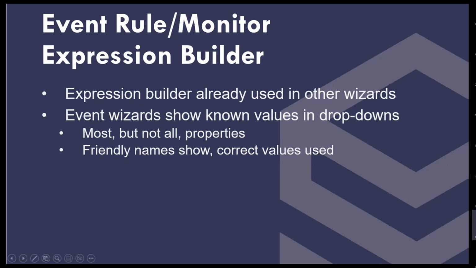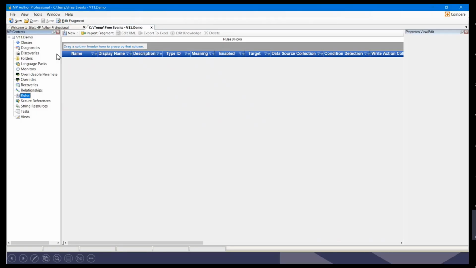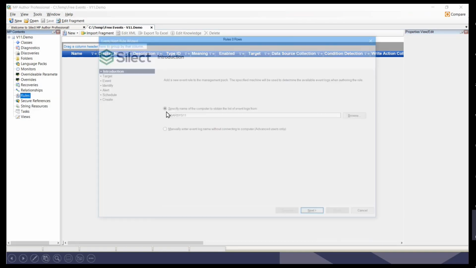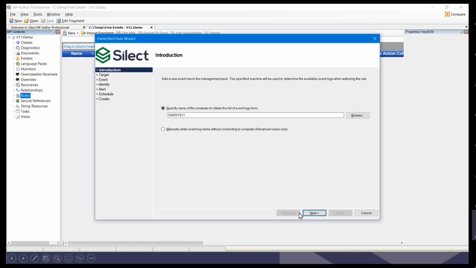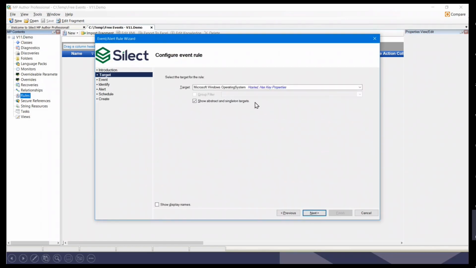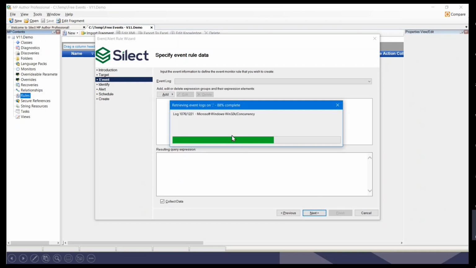So if I come back to Author Pro here, I'm going to create an event rule. Again, this is the system we're going to fetch the data from. This is our target, which is probably sufficient here. This is us going out,